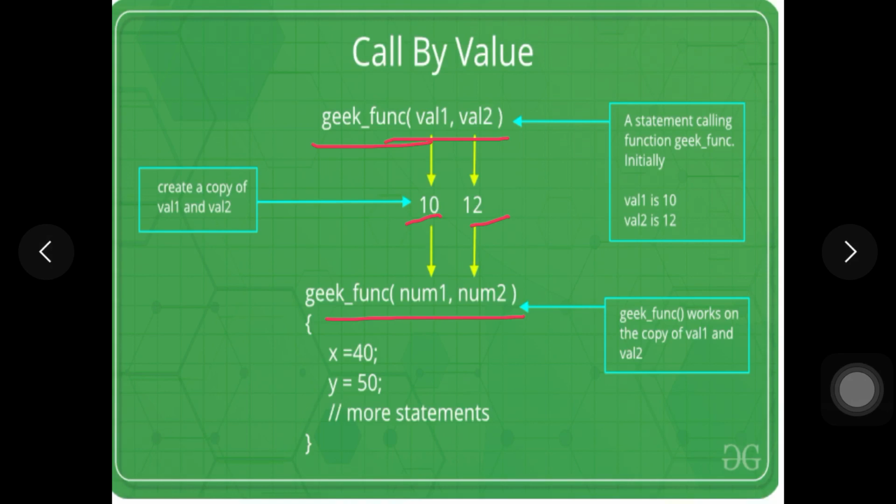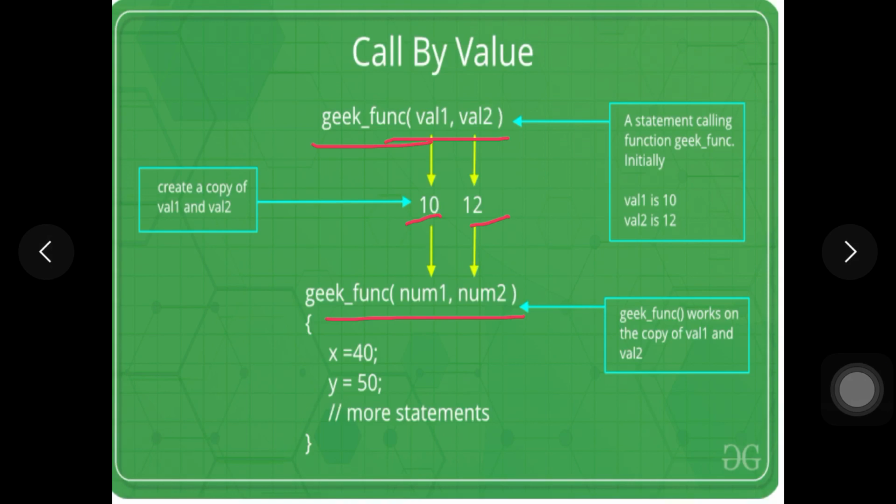Now the val1 value we sent here, 10, will be copied into num1, and the val2 value we are sending, that is 12, will be copied into num2. So this concept is called call by value. We are passing the values one by one, and in the same series the values are copied into the called function's variable list or argument list.